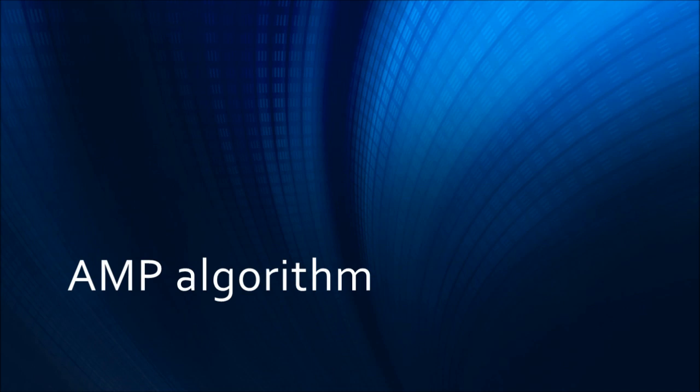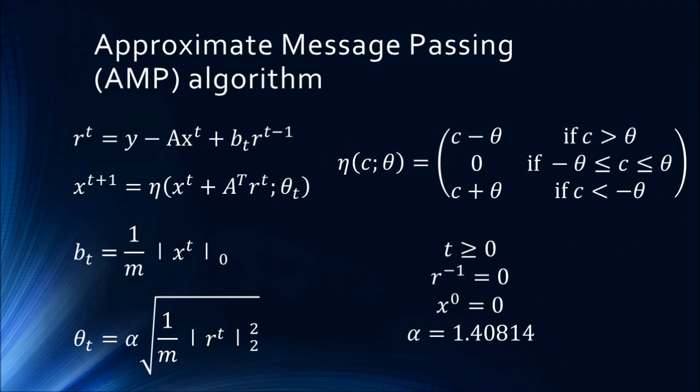Now we're ready to look at a really cool algorithm. This is called AMP, or I think it's an approximate message passing algorithm. It's one of those little predictive algorithms. It's just this simple. Seriously, I must admit, I found this a lot easier to read than the matching pursuit algorithm description, and I'll tell you why. See right over here, t greater than or equal to 0. That's our iterator. So this is an iteration that starts at 0 and then counts up. Already home ground for us C++ programmers.